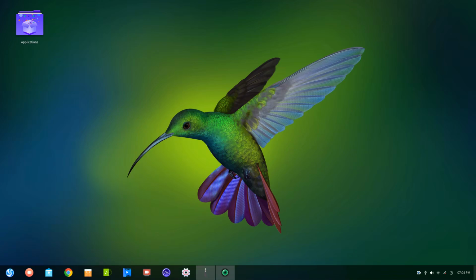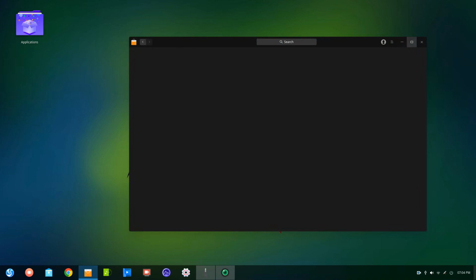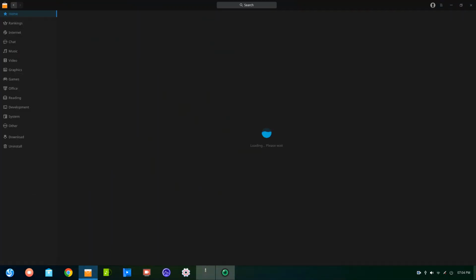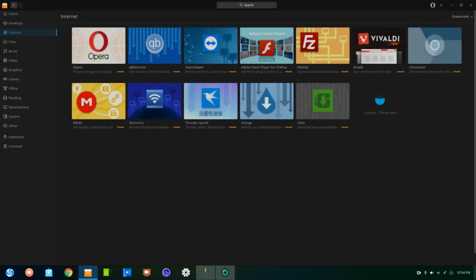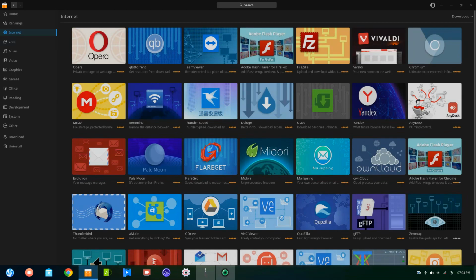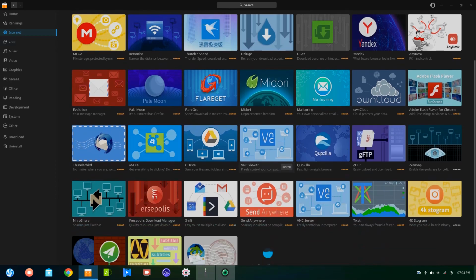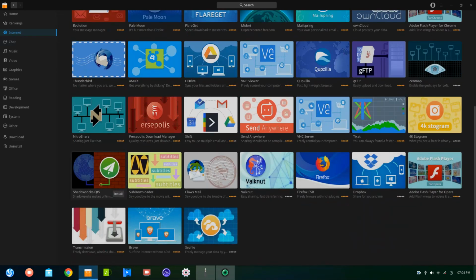But the good thing is inside of Deepin's App Store, I guess you would call it, or Software Center, you have the option to install numerous different web browsers, everything from Opera to Vivaldi, Yandex for the Eastern Europeans and Russians that may use Deepin OS. You got the flagship Linux web browsers such as Midori and Firefox. There's also Brave in here, and a lot of really good apps like